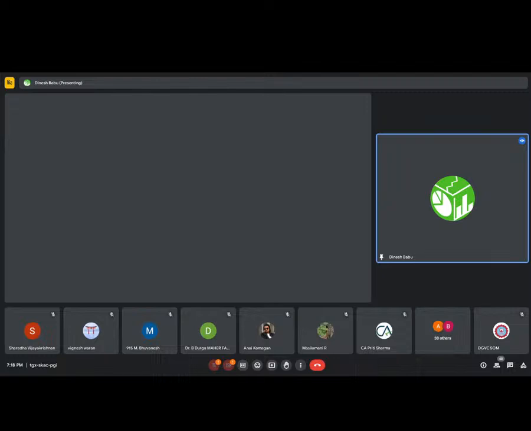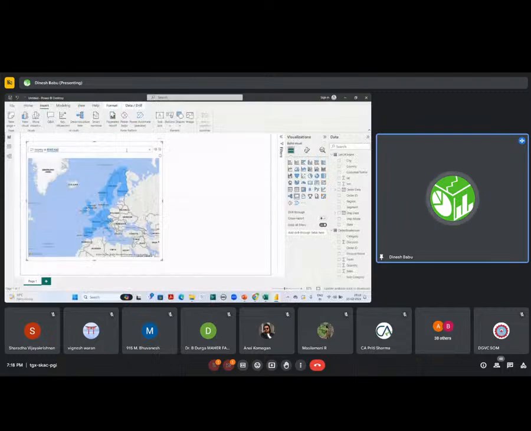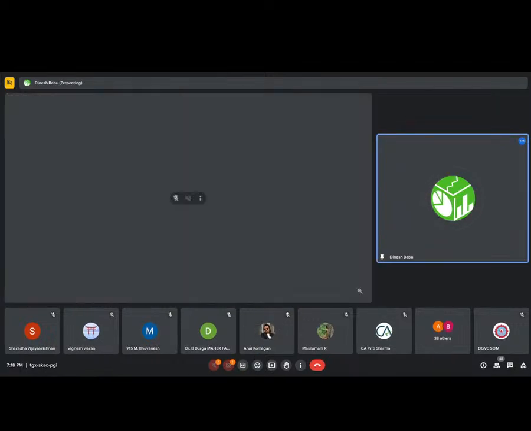Okay, this is a filled map we generated. We didn't even do any simple drag and drop, just typed the four words. So we got the diagram. This is the power of AI in Power BI. And this is the map we generated, and in this map, all the